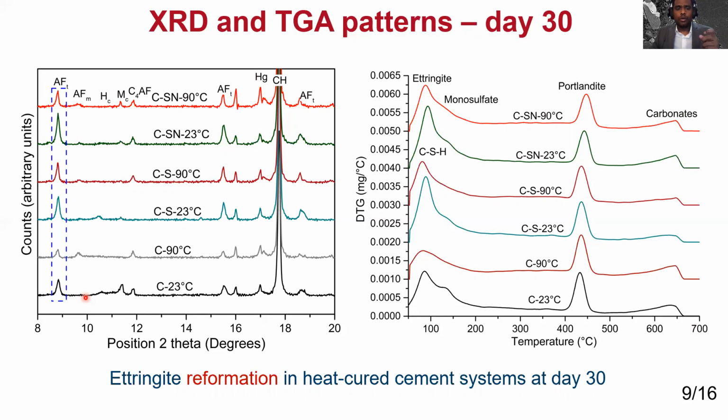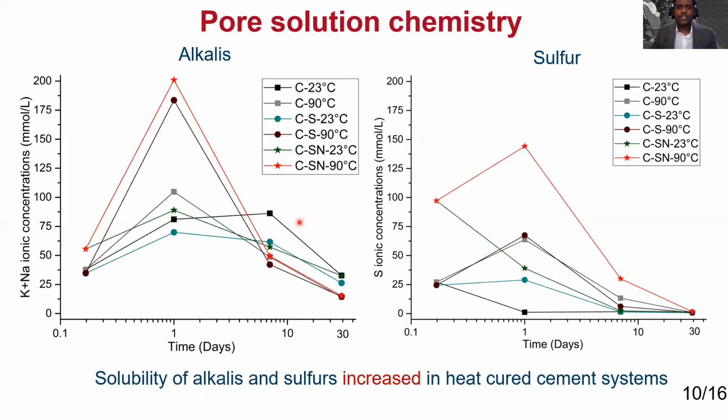And even if we go for quantitative XRD, we have to wait for months and track the XRD pattern for months, along with the expansion results, to study that. So instead of doing that, what we have done is we studied the chemistry of the pore solution from 4 hours to 30 days. And we are able to see for the alkalis and the sulfur for the ambient cured cementitious systems, irrespective of chemistry, we couldn't see much of a dissolution difference, both in alkalis and sulfur. Whereas for the heat cured systems, we are able to see